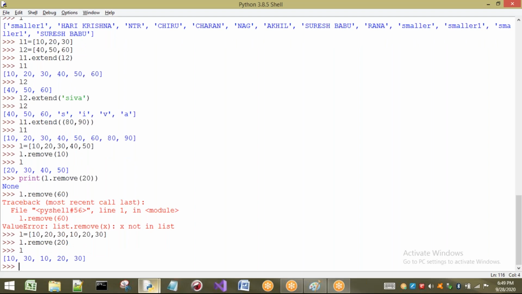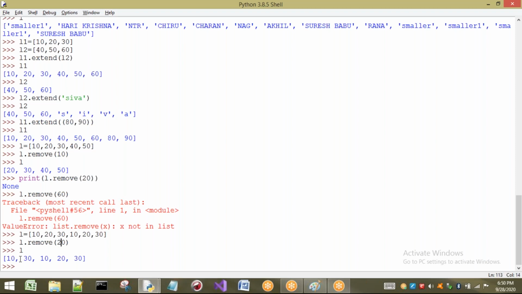That means remove is a method which removes only the first matching element, or first occurrence of this element, so only one element is removed from the list. So two points we have to note here. If you remove an element which is not present in the list, we get a ValueError. Next, if there are duplicates and you apply the remove method on the duplicate value, only the first matching occurrence will be removed.